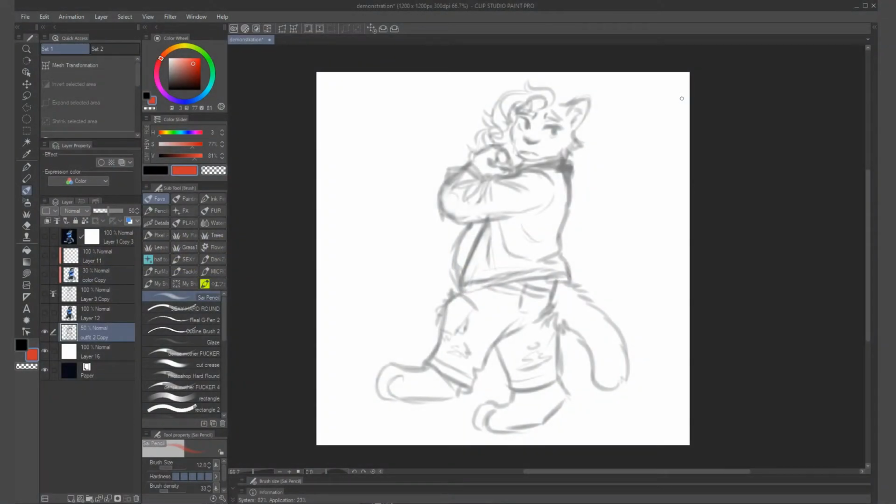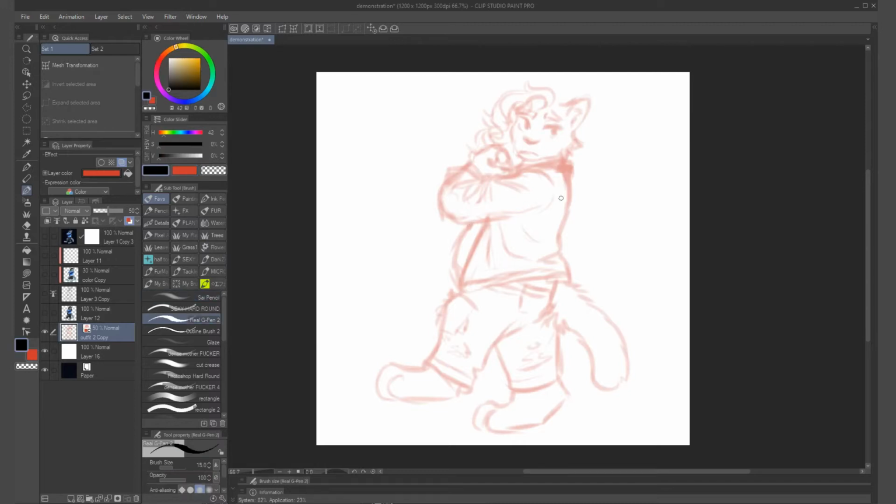If you're tired of accidentally drawing your line art on the sketch layer, I recommend using this button right here. It basically changes everything on the layer to be a shade of blue. You're also able to change what color it is by going up here and clicking the paint bucket. If you forget to switch to your line art layer and start drawing, you can immediately realize that you're on the wrong layer because it turns everything to the shade of color.